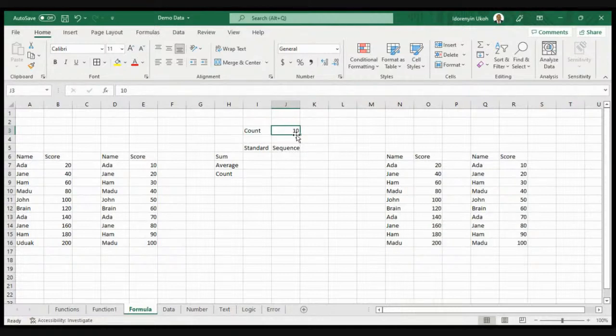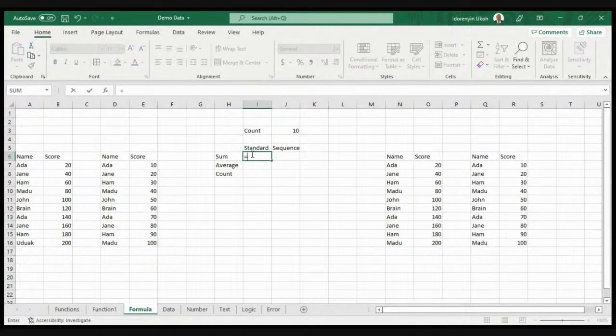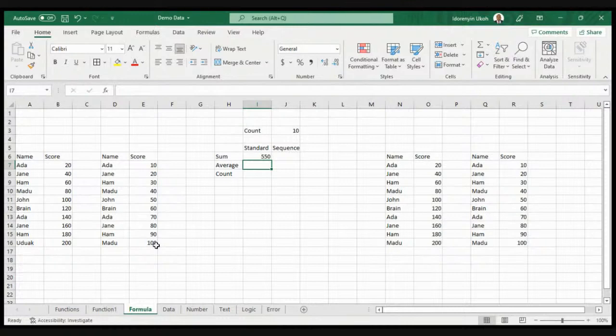That's my count. And this is what we had before on our standard form. So for our standard form, if I need to do a sum, I will come to my cell, it's equals to sum. This is what I'm summing. And that's the answer.